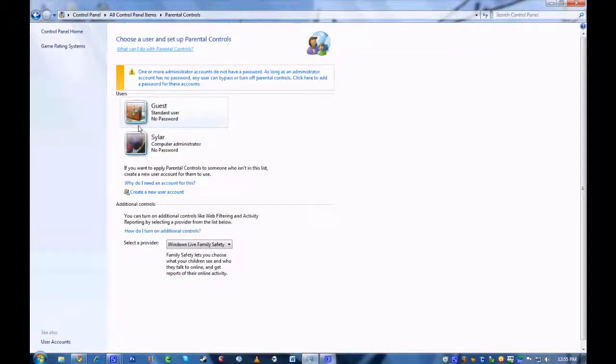If you have kids in your house and you want to set up an account for them, like me, this is just my computer. I have no password. I have nothing on here. I have no locks whatsoever. But if you say you had a son, a daughter, whatever, and they had an account, and your account was password protected, of course, and you want to set up options on that person's account,